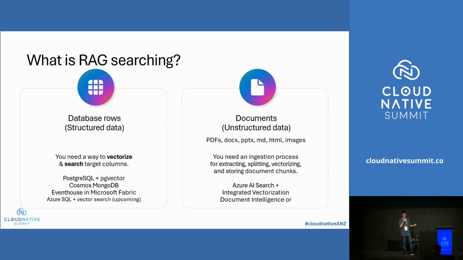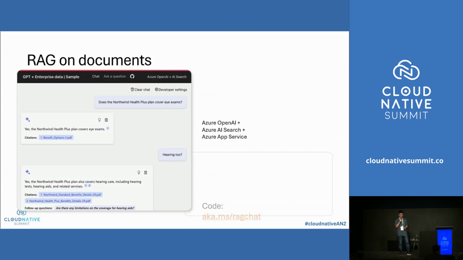Different strategies, different trade-offs. We have some tools like Azure AI Search or some other tools to help us do this job. So here is an example of RAG, how RAG works in action. You can see when we ask a question, the chatbot can respond to us with citation. So citation with links. So when we click the link, it will show the original file, and it will automatically jump to the page that contains the relevant information.